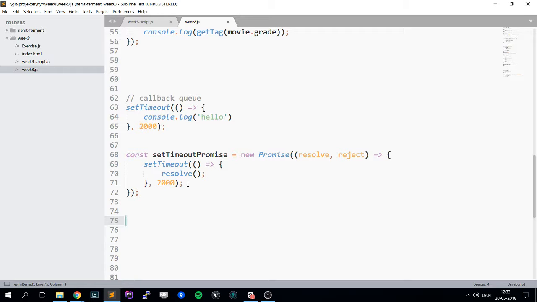Okay, so a promise is like a new way of working with asynchronous code in JavaScript. And in the end of this, you will see why it makes sense. It's to make working with asynchronous code